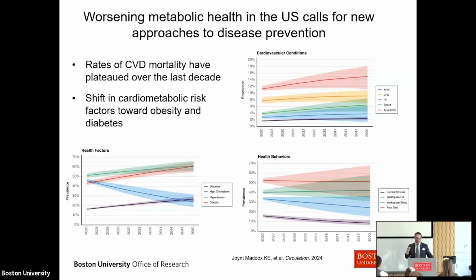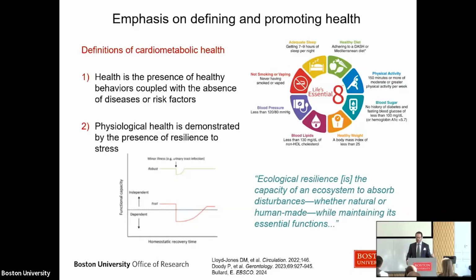And this is really due to a shift in the burden in the population of the traditional risk factors, where high lipids and smoking and hypertension have been reduced, but we see a really dramatic rise in the burden of obesity and diabetes and other metabolic phenotypes. And so there's now really a great emphasis on identifying and promoting cardiometabolic health to prevent this huge burden of